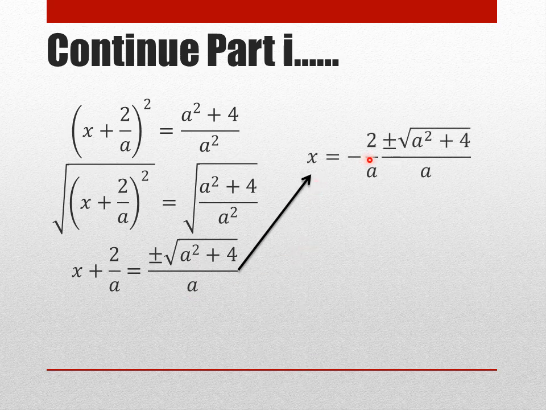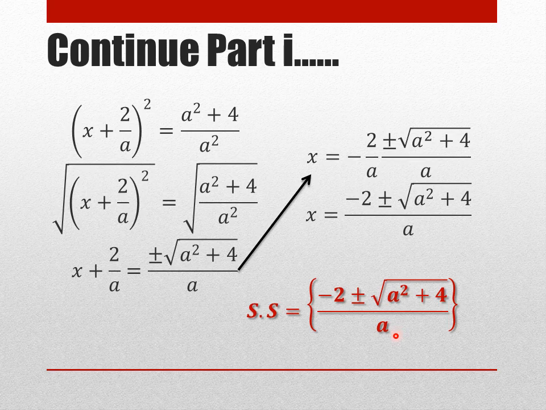Now, as we have to separate this x term, we have to take plus 2 by a to the other side of the equation, and it will become minus 2 by a, plus minus under root a square plus 4 by a will remain the same. Again, we have to take the LCM of this side because the solution is possible. Taking the LCM, because a was common, so a is the LCM and all the numerators will also remain the same. As no more solution is possible here, we will write the final answer in the form of a solution set.